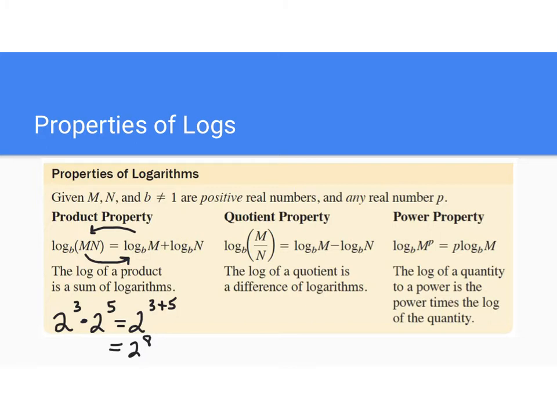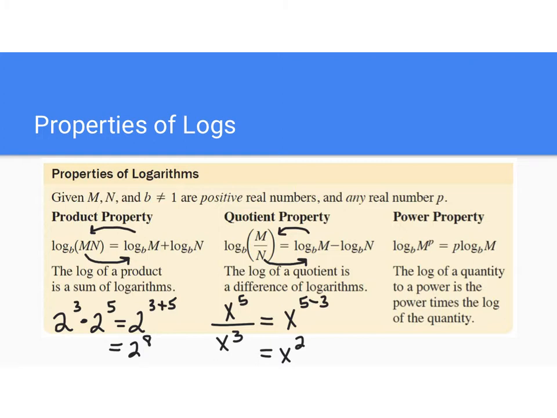The quotient property again, and you're writing it as an expanded log, it's log base b of m minus log base b of n. And if you're writing it as a single log, you write it as a quotient. Again, very similar to our exponent rules. If we had x to the fifth divided by x cubed, those have the same base. The quotient turns into subtraction, and then I simplify from there. So again, we should be able to see the correlation between the quotient property of logs and the quotient property